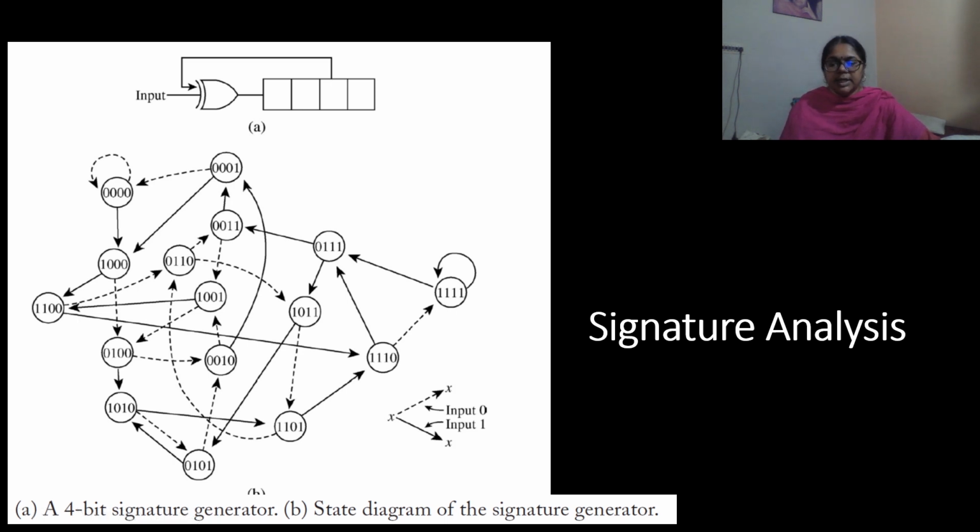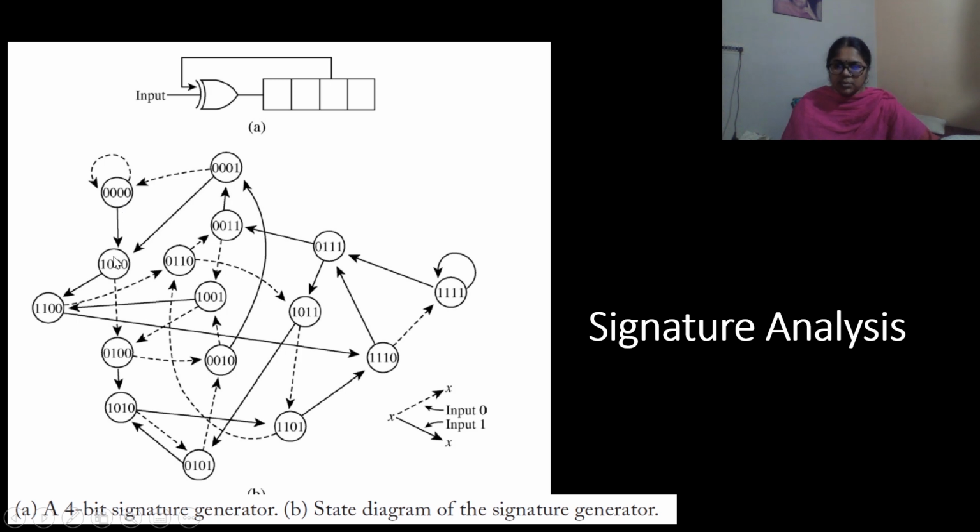Assuming the content of the registers is all zeros, if a 1 is applied to the circuit, the XOR gate will have output 1, as indicated here. But if the input is 0, then it will remain in the same state.